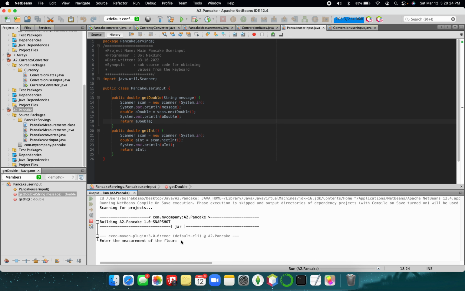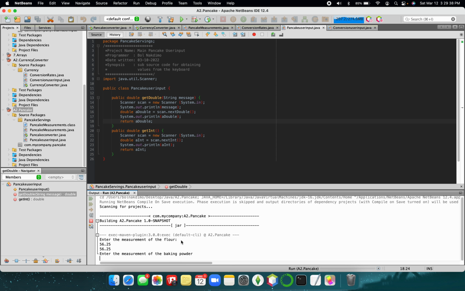Because it's 56.25, you wouldn't put 56 and 1/4. You would just have to put the number into decimal form. So let's type in 56.25 and then press enter. The fact that it's putting the number twice, the one above is showing what we typed in, but now it's repeating it to show that that number is now being remembered, like it's being stored in the code. So now let's type in the measurement for the baking powder, and for 600 people, that's